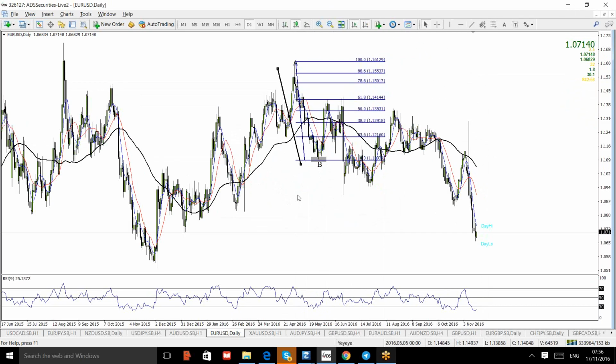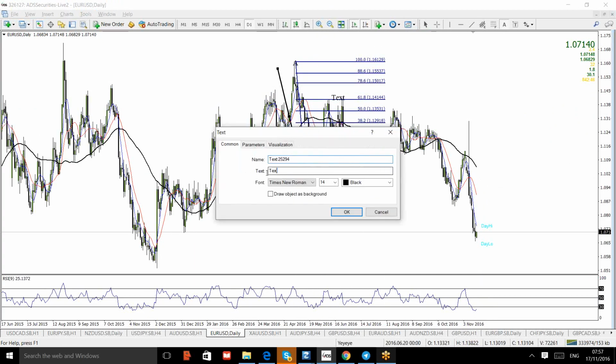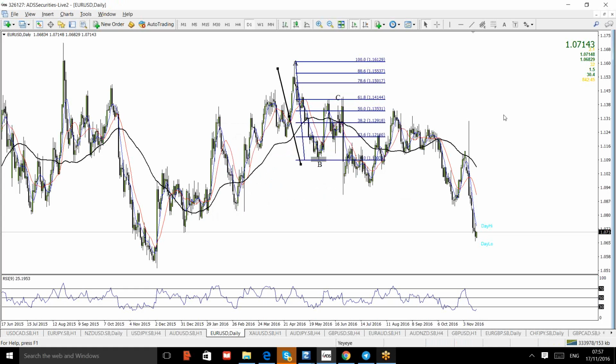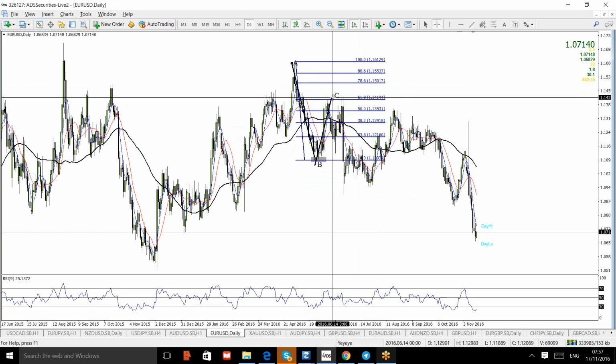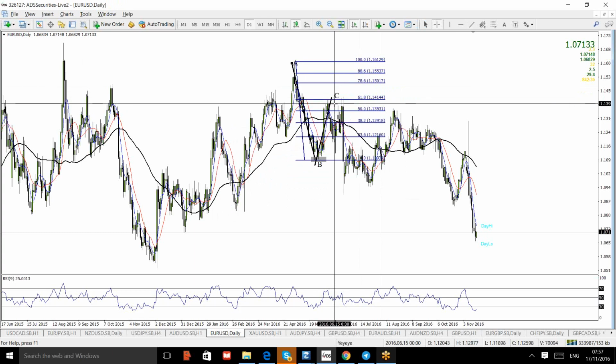Make sense, guys? And the price went up and it rejected at 61.8 Fibonacci. Can you see this? Because it rejected, I knew it is point C, guys. Do you understand this? Now, guys, it's very simple. Because price rejected at point C and started rejecting,